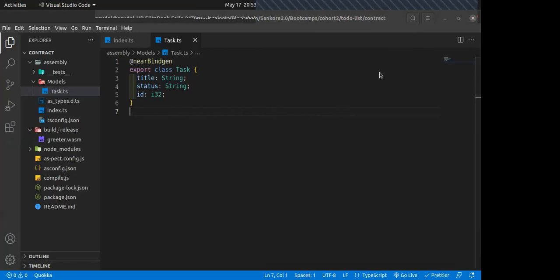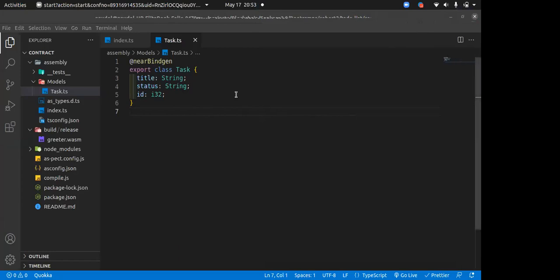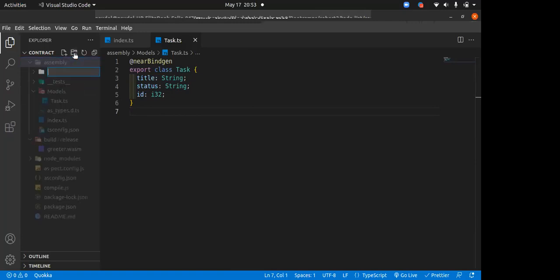Yeah, I've pasted them, Timothy. So we're describing our task. So this is the structure our task is going to take. Then we're going to implement enums to describe the state of our task. To achieve that, I'm basically going to create another folder right here. I'm going to call it utils. And inside it, I'm going to have a file called